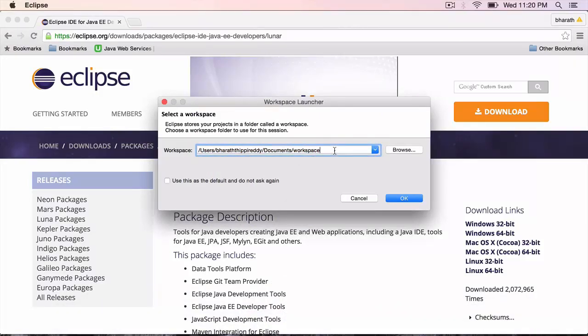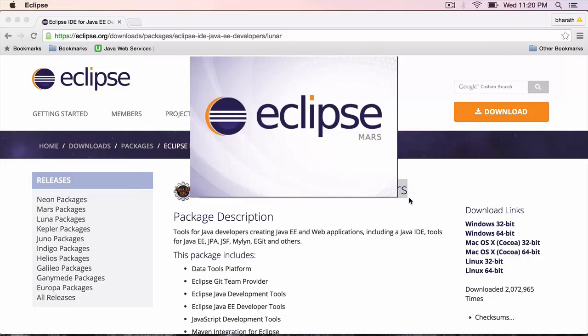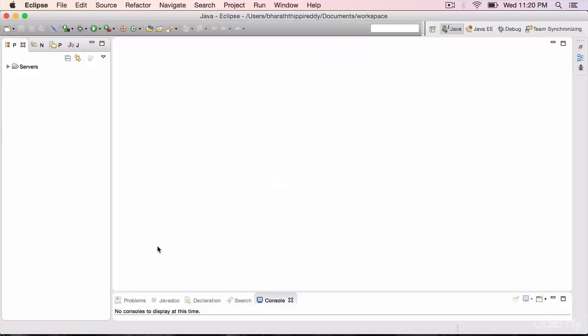This is where all the Java projects that we'll be creating will be saved. This could be your C drive, D drive, or any other folder on your machine. Mine is a Mac, so I have pointed it to this particular location. Hit OK once you choose the workspace. That will launch Eclipse and take us to the Eclipse dashboard.